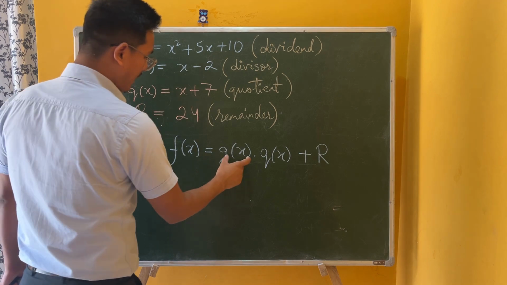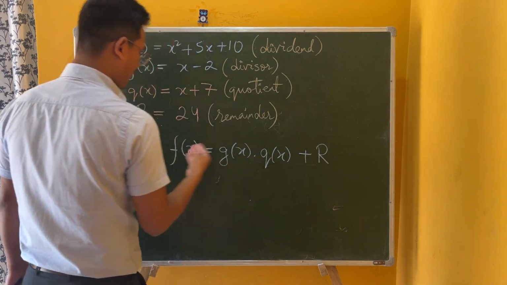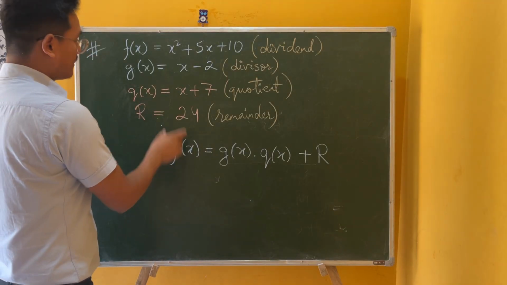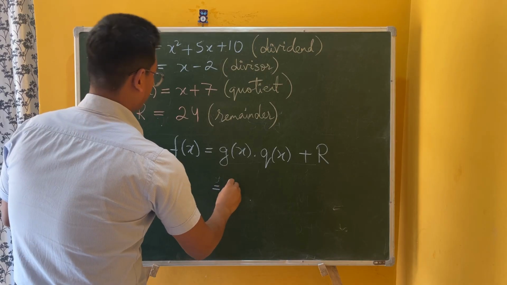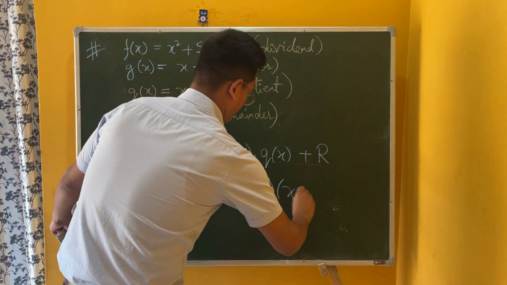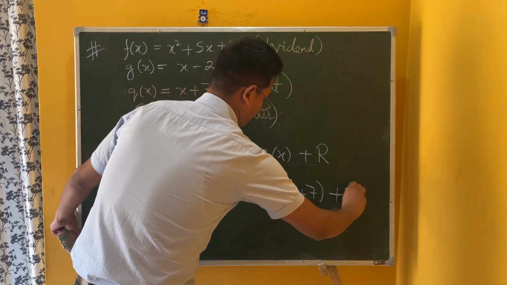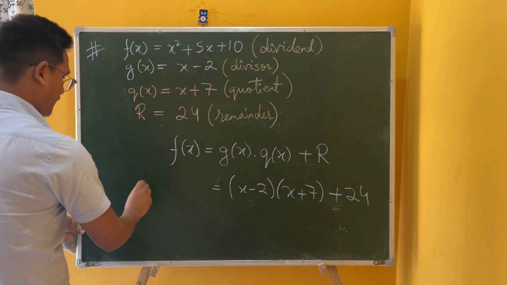If I multiply the divisor and the quotient and add the remainder, I will get the given polynomial. That means if you simplify this, you are getting